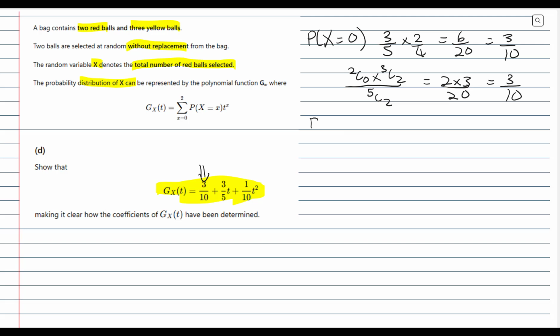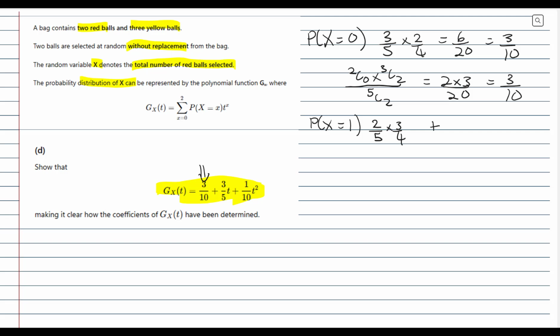Okay, now for probability of x equals 1, we are going to have, well, 2 ways you could do it: a red ball either on the first pick or red ball on the second pick. So if you pick red ball on the first pick, that is 2 out of 5, which means it's 3 out of 4 for yellow. You could just multiply that one by 2, that would also work out, or we can just add the alternative here,